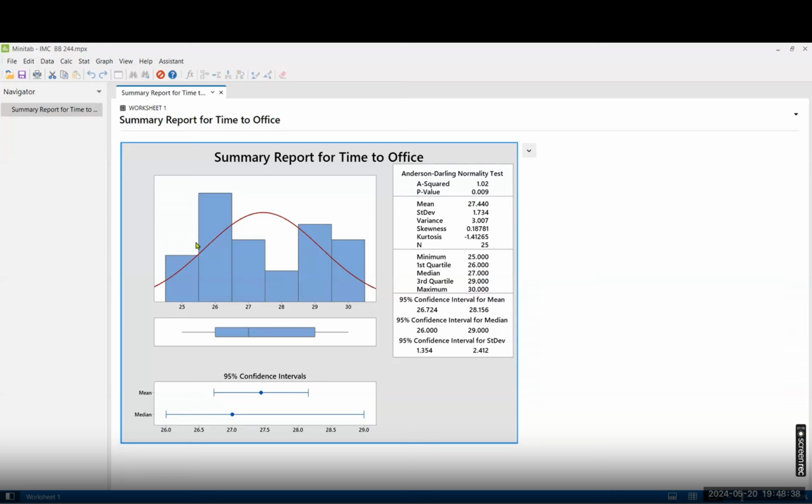So you can see the data seems to be a little skewed because this curve is going like this and the tail is on the right side. I feel it's positively skewed data, and you can see skewness is a little high, 0.18. Our kurtosis is minus 1.41. Still it is within the specification, but because I have fewer values, it is showing a not normal distribution here. Clear or doubt?